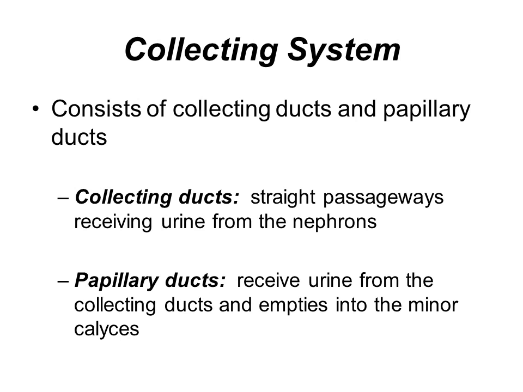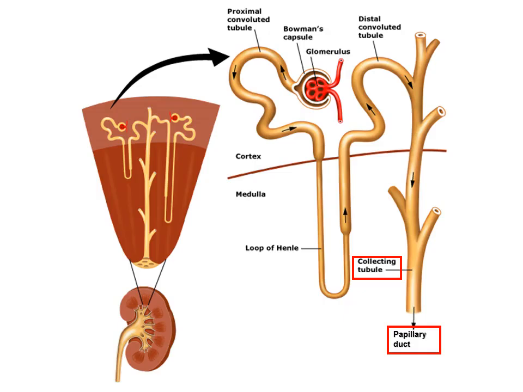And then you collect that fluid, the filtrate, which is the urine, into the collecting ducts, which drain into the papillary ducts. And I said several collecting ducts drain into the papillary ducts, which are then going to empty into, finally, the minor calyx first. So once again, this is just showing another